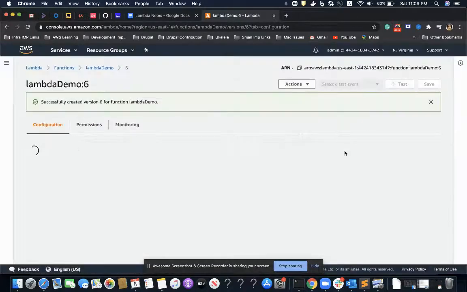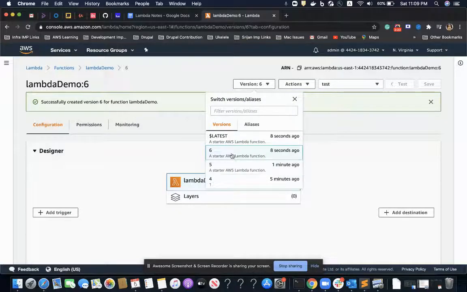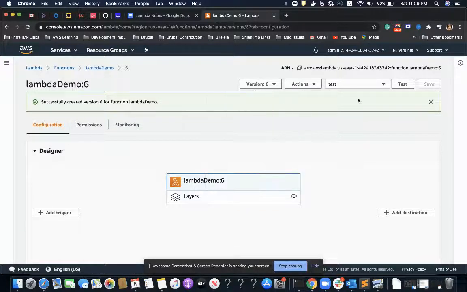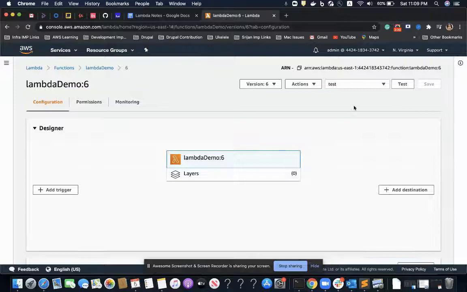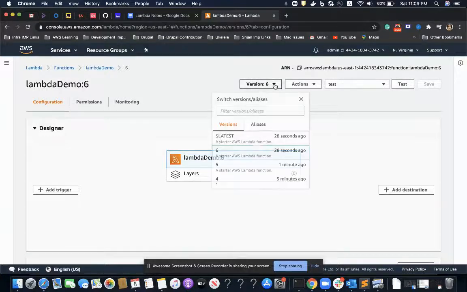So I have version 6, which is intended for the production environment, and version 5, which is intended for the development environment. So till now we have learned that we can publish new versions, we cannot do modifications to our versions, and for doing a modification we have to go back to the latest version and publish a new version.